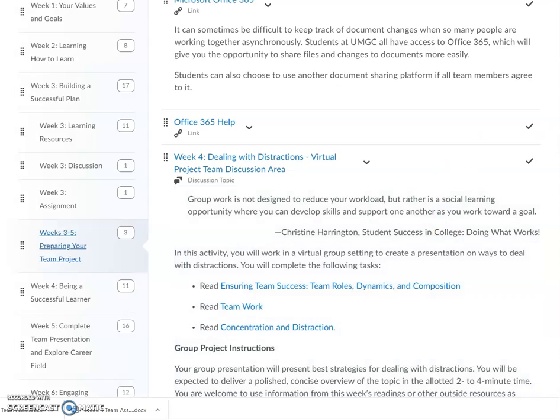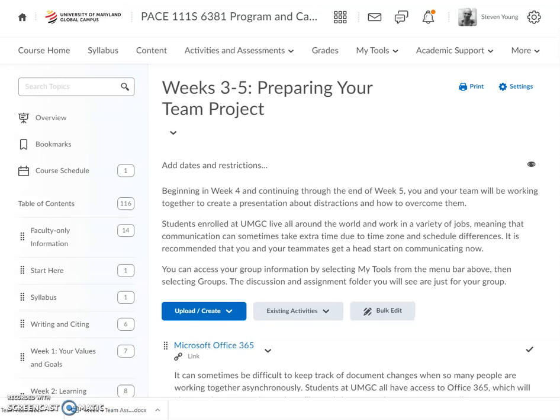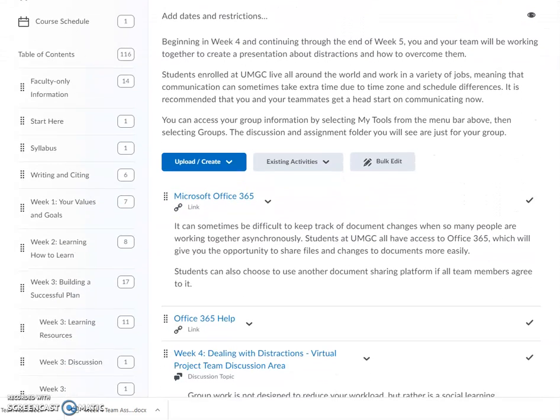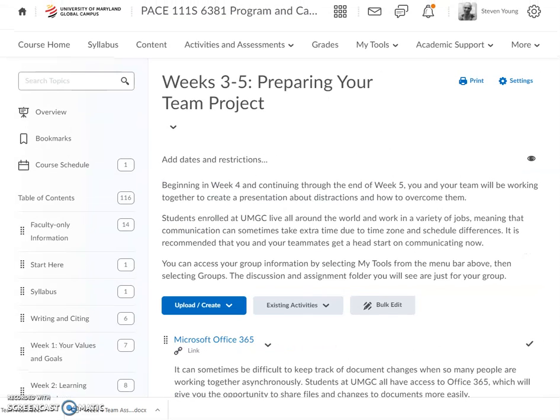So I want to first focus on week number 3 here for a second, and some of the highlights of preparing for the team project. Under our current week number 3 module, you're going to see this information here that provides a brief introduction to the team project. And now we have a couple resources here. We realize everyone is scattered throughout the